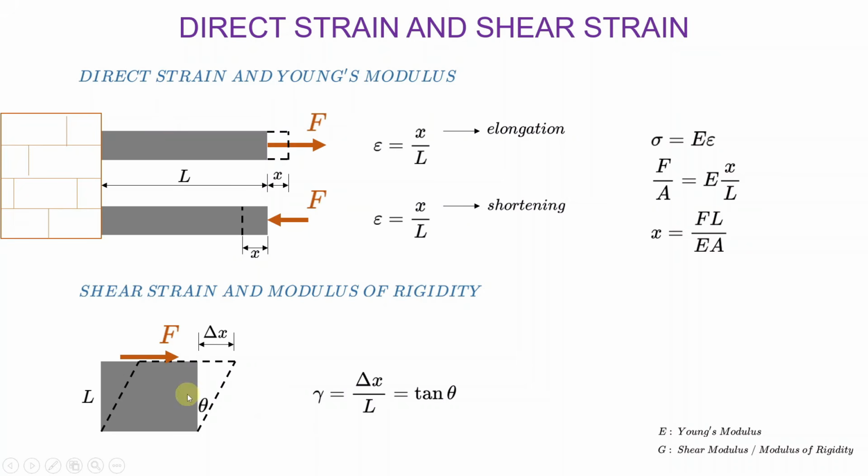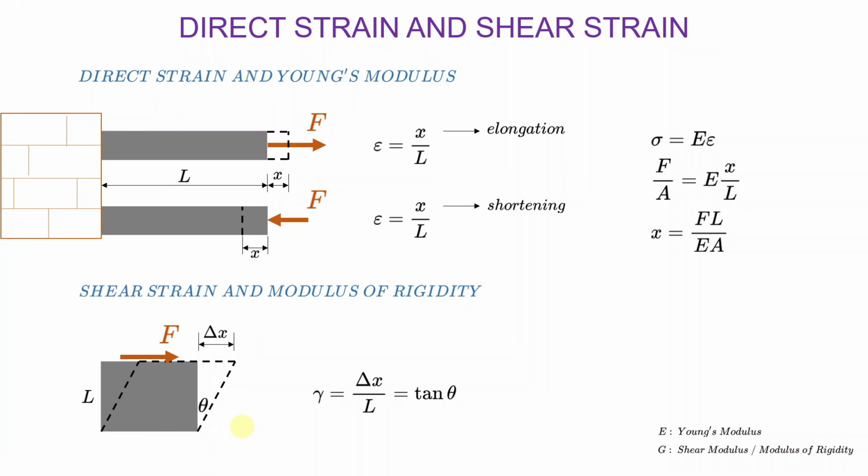If you understand properties of a right angle triangle, you will see that this is theta. This side here is L because, as I said earlier, this vertical side has a length of L. So this is L, this is delta X, and this is theta. Tan theta is delta X divided by L, opposite side divided by